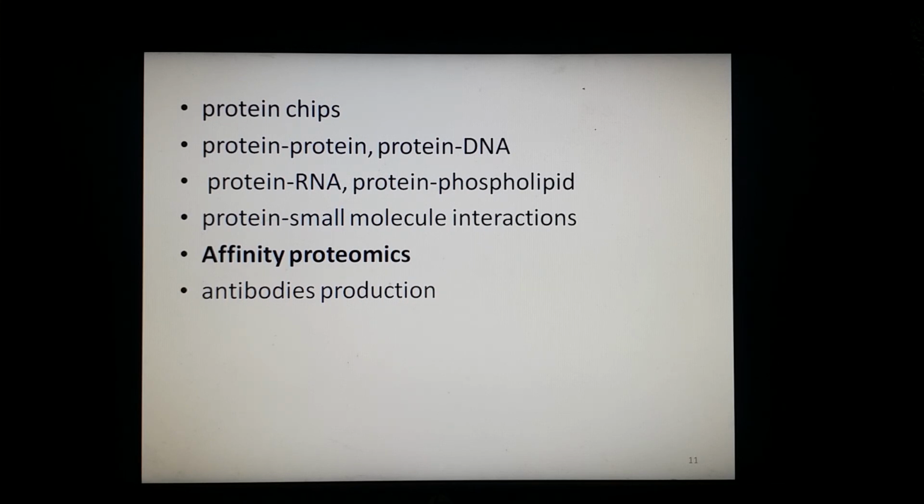If I summarize what a protein microarray is, it is a high throughput method used to track the interactions and activities of proteins and to determine their function on a large scale. Its main advantage lies in the fact that a large number of proteins can be tracked in parallel, meaning simultaneously. So this is how protein microarray technology is useful.